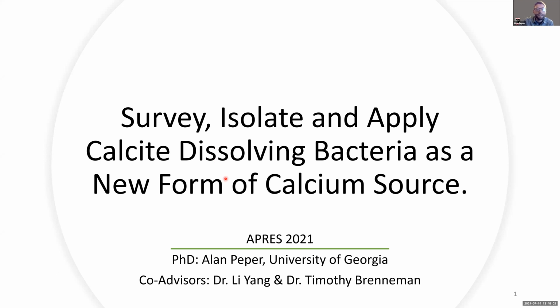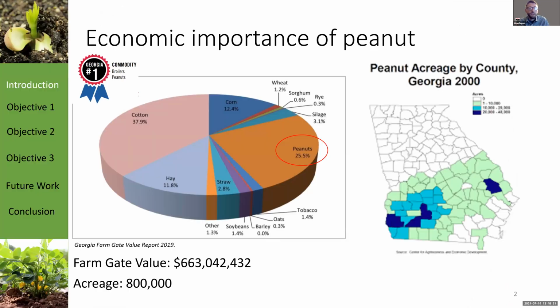I am Alan Pepper, a PhD student from the University of Georgia Plant Pathology Department, and I am co-advised by Dr. Lee Young and Dr. Timothy Brenneman. And today I will be talking about my research in calcite dissolving bacteria as a new form of calcium source. So first off, all or most of you will know that peanut is very economically important to